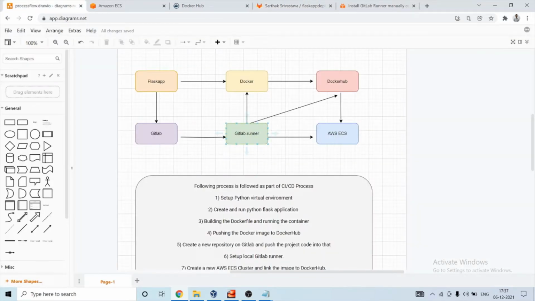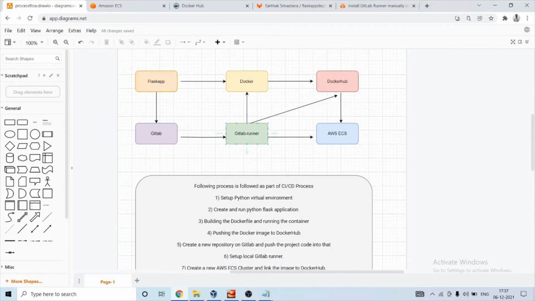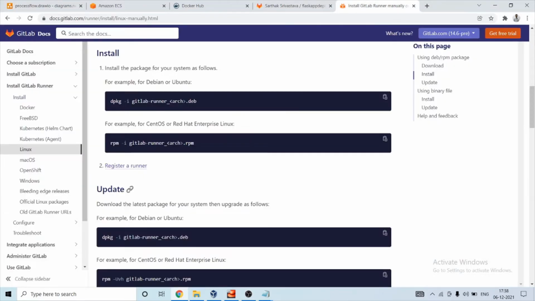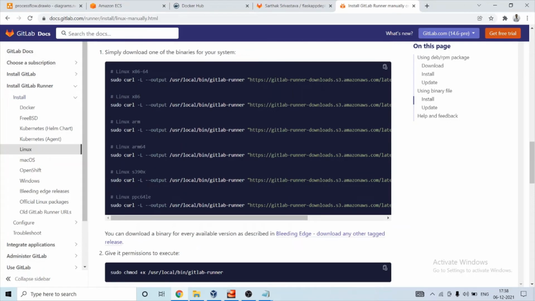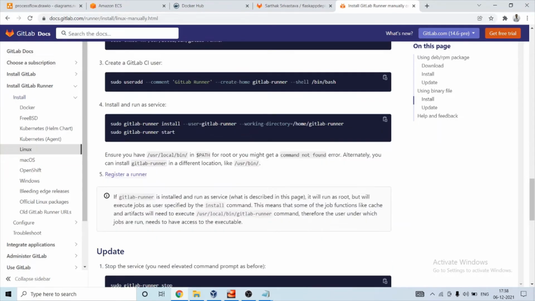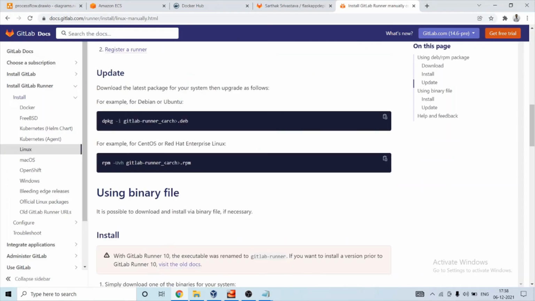Now we need to install GitLab runner. It will act as a CI/CD tool which will get triggered whenever my code gets pushed to GitLab. I will provide this link where you can install GitLab runner in Linux depending upon your OS.